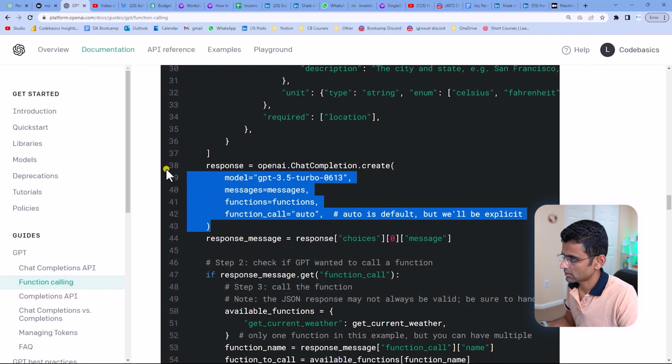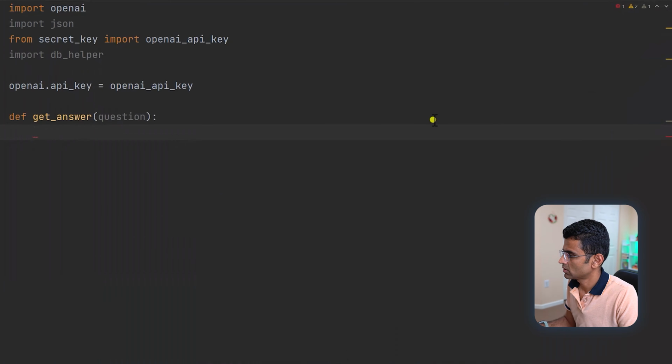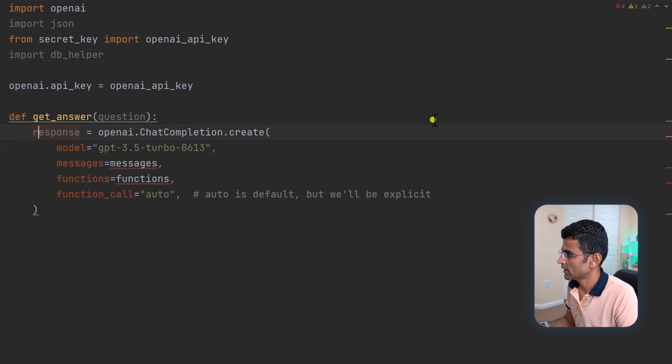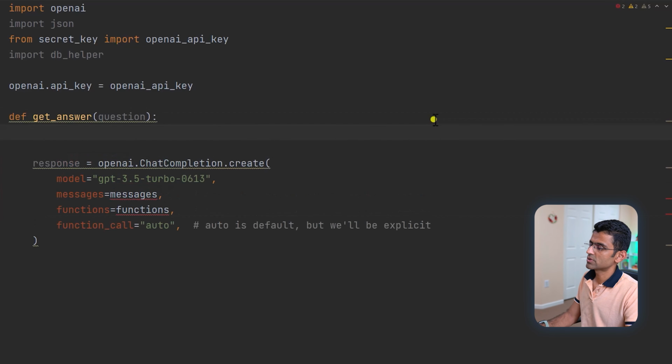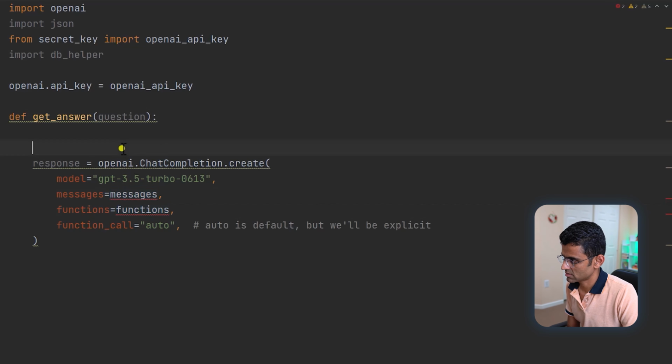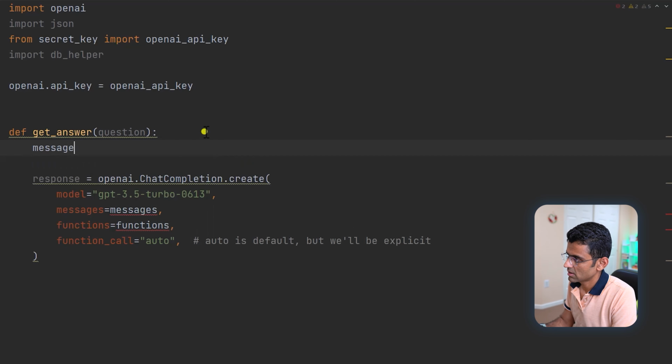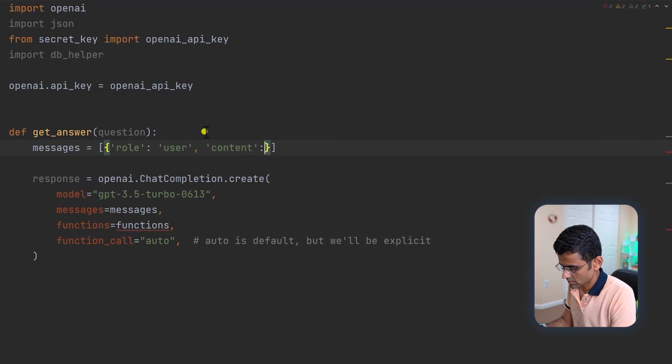So here, this is the main code to call the OpenAI. And what is needed as an input is, see, messages and functions. So what is messages? Messages is an array. It is an array of the question that you are asking, which will have a role, which is the user role, and the message or the content, it is called content, will be your question.